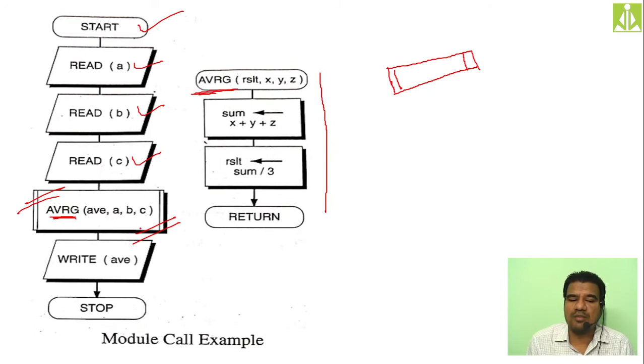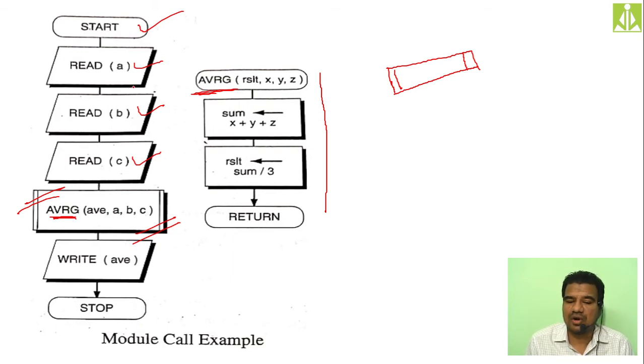You may have more number of module calls over here. So for each module call you will have a separate module, a separate small flow chart. So how we are going to differentiate which module call constitutes what flow chart, by using this label only. Hopefully you understood. So this sort of understanding is enough.